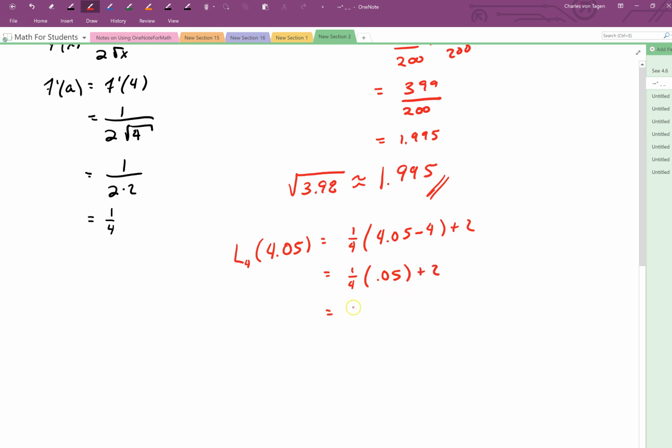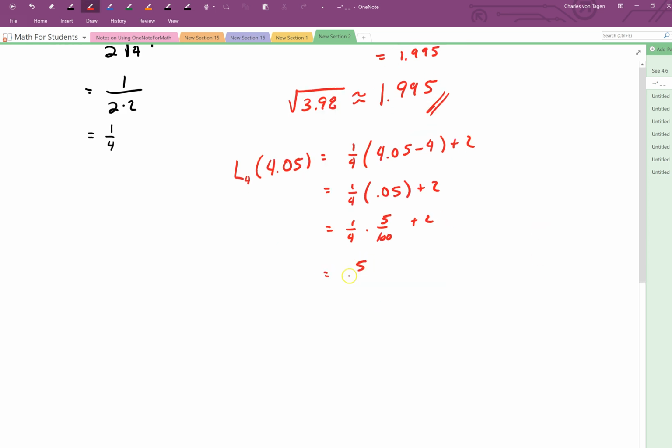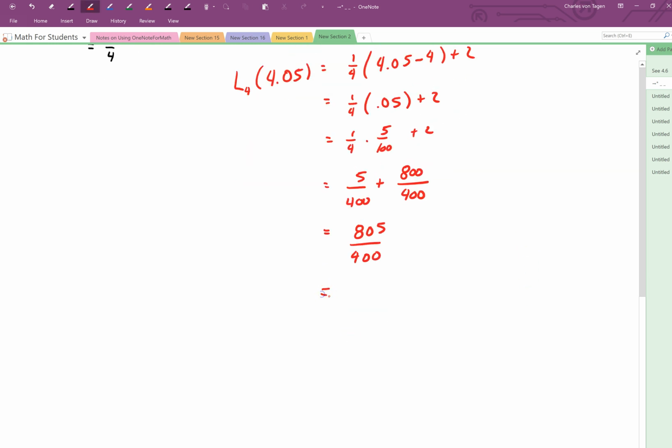Let's see here, that's 5/100ths, so we get 1/4 times 5/100ths plus 2, or 5 over 400 plus 2. Well, if I'm going to add 2 to 5 over 400, let's write it as 800 over 400, and I get 805 over 400, which reduces down to